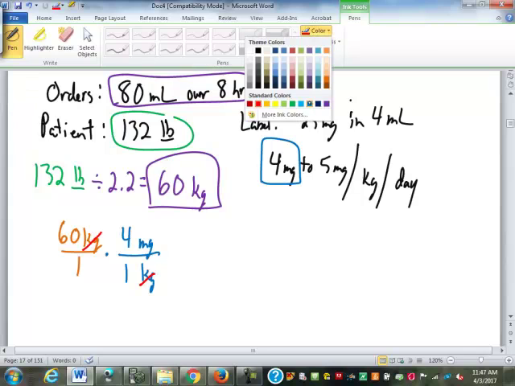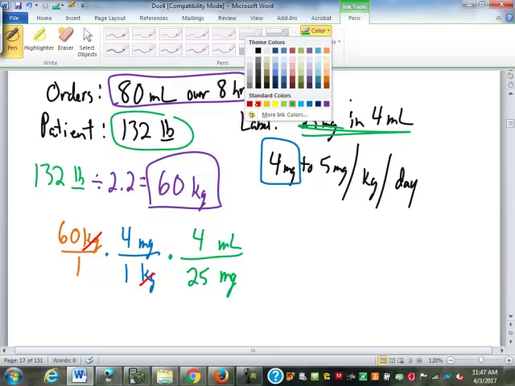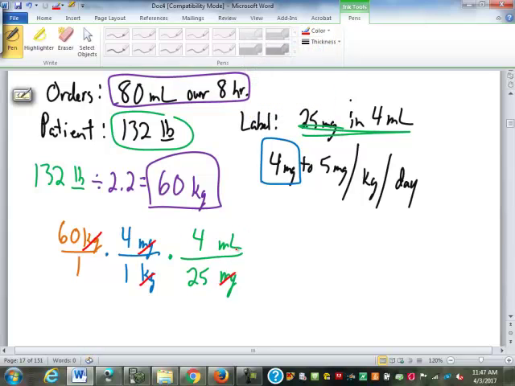However, in this case, we're not done at milligrams. Here we have to continue to go to milliliters. So I'll put milligrams on bottom, milliliters on top. And it says 25 milligrams in 4 milliliters. So now the milligrams are gone, and our only unit here is milliliters, which is what we want. So we've got 60 times 4 times 4 is 960, I believe, milliliters